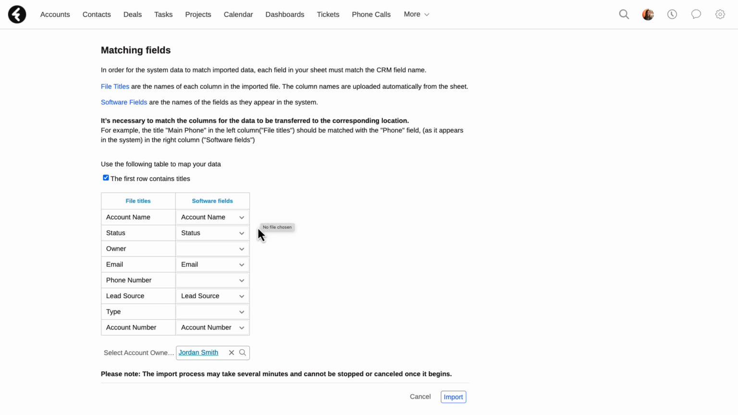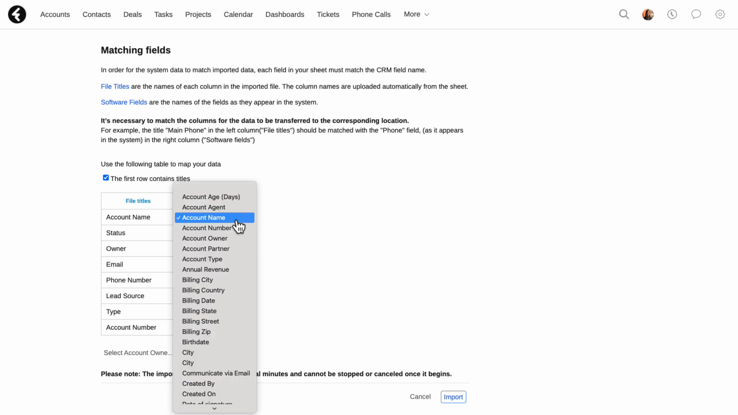You'll notice that most of my fields are already filled in. This is because the name of the column header exactly matched one of my system fields. For example, the account name column header exactly matches my account name field. You can, of course, choose a different field for this column, such as instead importing this column into the first